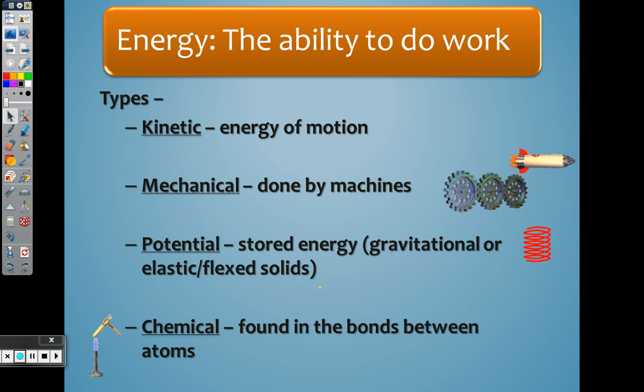How did you get to school today? Okay, a car. What does a car use? Gas. Gas has chemical potential energy, right? So this is a chemical potential. And it's potential energy because it doesn't work until the engine's on. That's right. It's stored energy, right? So it doesn't use that energy until it is reacted in some way.